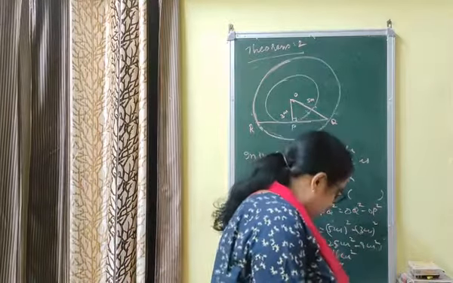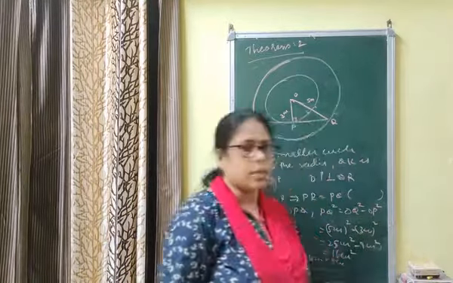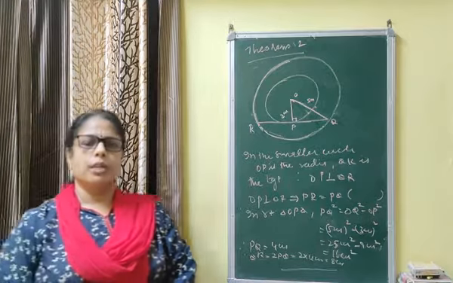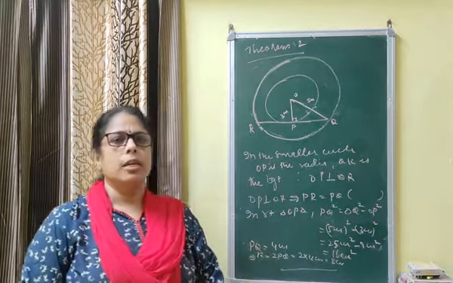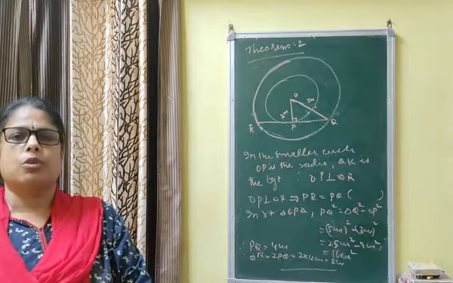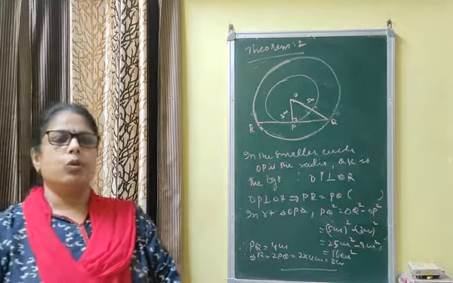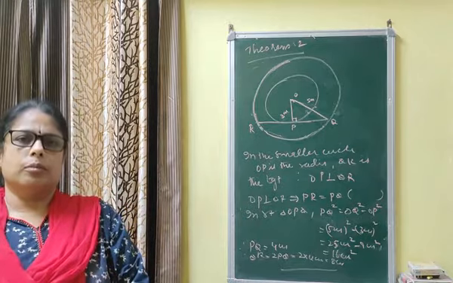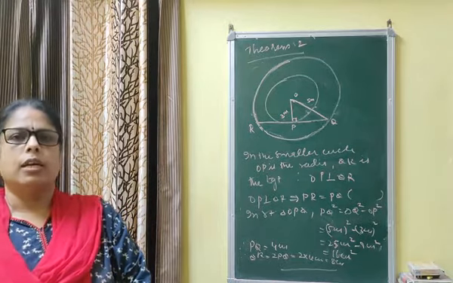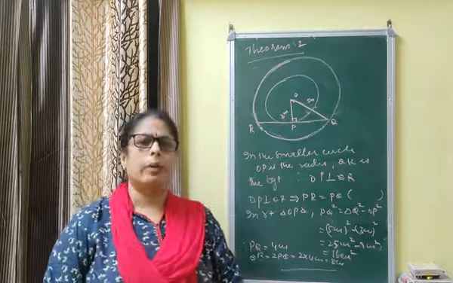Today we have studied a number of topics. The first is the theorem on how many tangents can be drawn to a circle from an external point. The theorem related to this is that the lengths of tangents drawn from an external point to a circle are equal. We proved that by the RHS congruence condition. From this we concluded a corollary: the two tangents are equally inclined to the line segment joining the center and the external point.